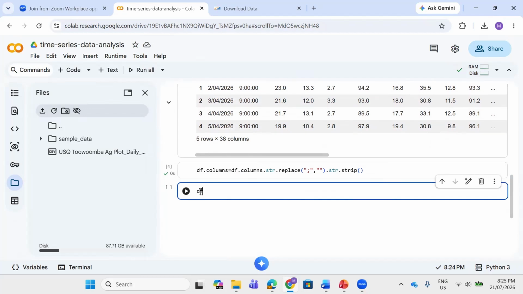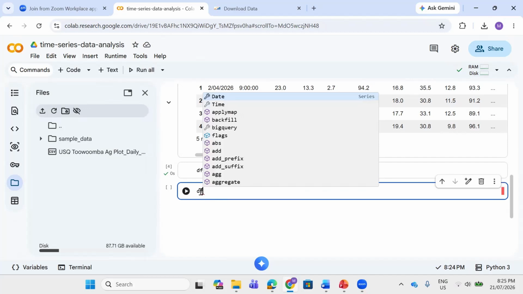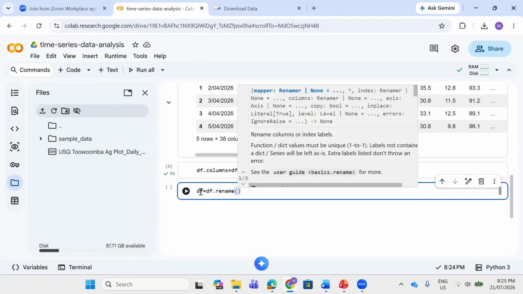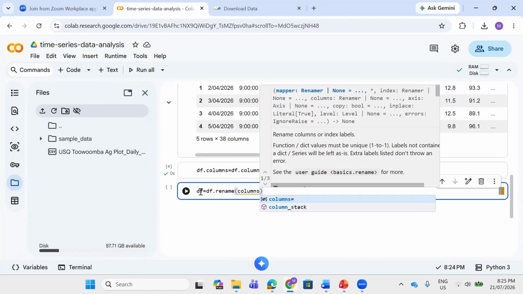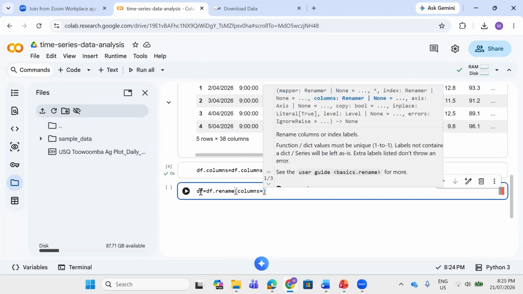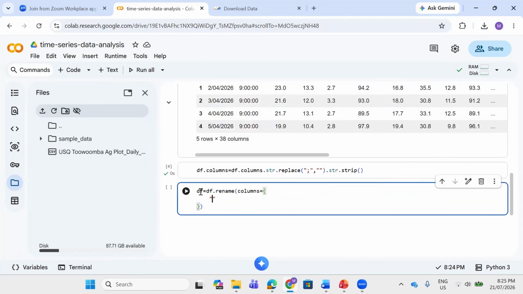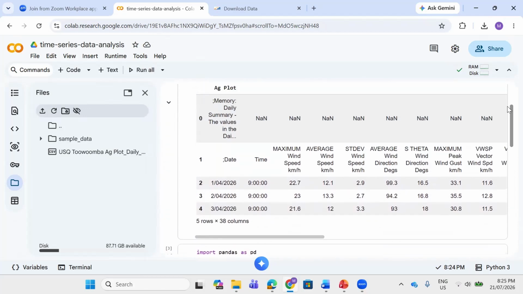We have to create a data frame equals to data frame rename, and then you have your columns equals, then you hit the brackets. Inside the brackets, you put whatever you want to change. For instance, we want to change the date name to be lowercase as a date, and what else we want to change, like maximum rain gauge. So here we have, for instance,